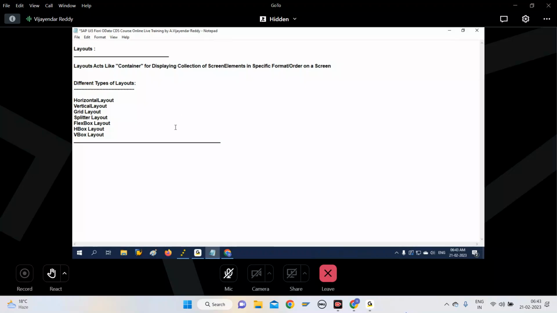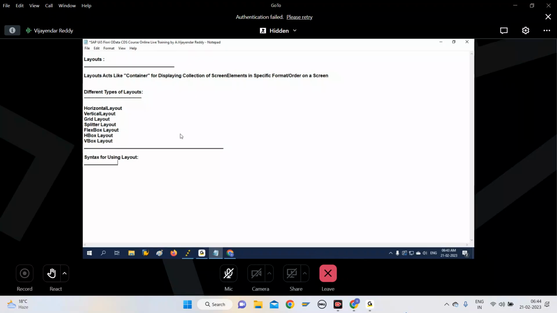So to use any layout, you need to follow two syntaxes. One is directly using a layout. The second syntax is layout inside another layout. So the syntax for using a direct layout: you can provide layout as a namespace, and you can provide the layout class name,